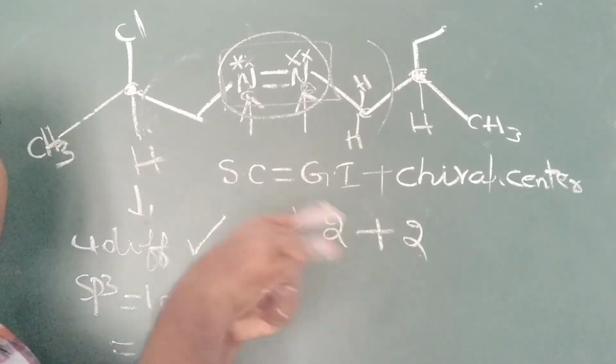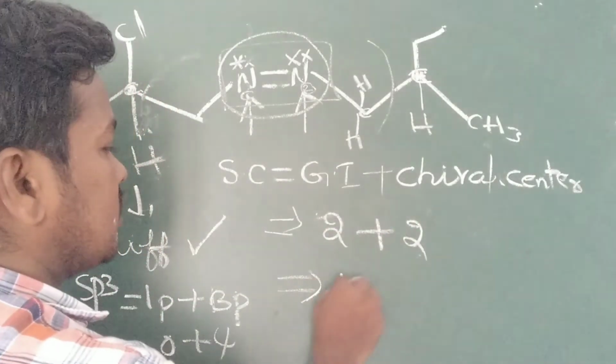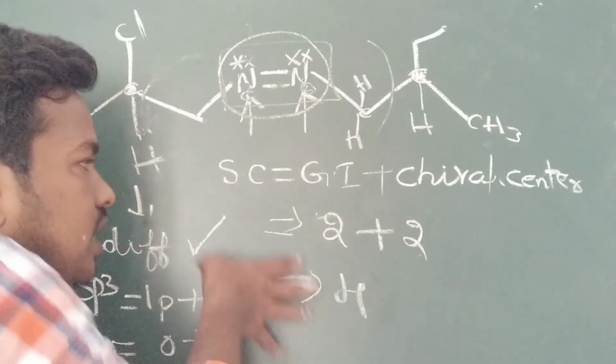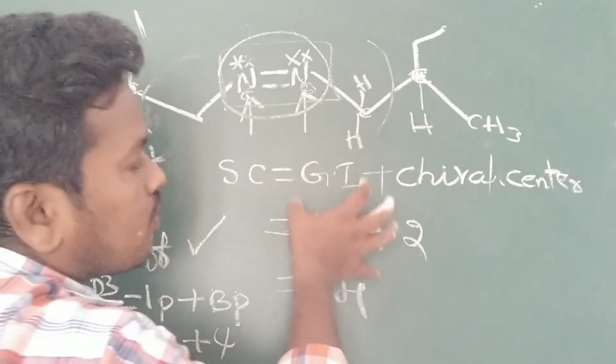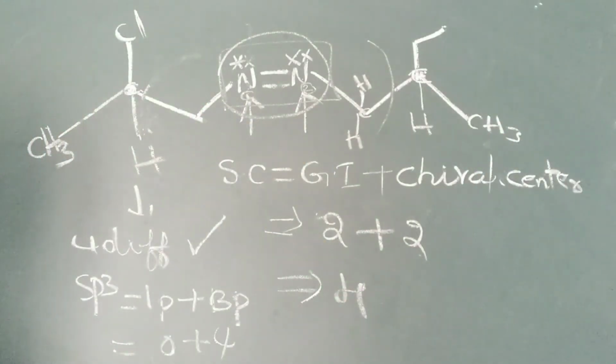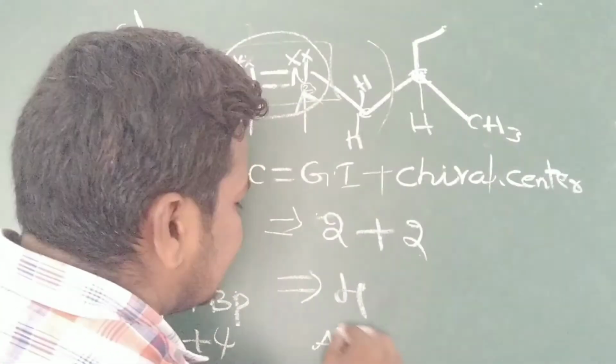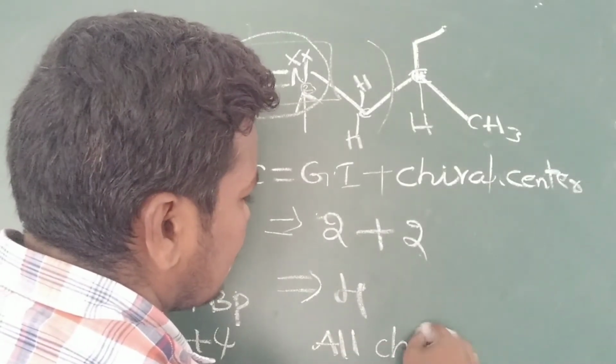How many atoms are showing? Two. Chiral centers how many? Two. In total, the stereo centers are 4. Stereo center is nothing but the sum of the atoms showing geometrical isomerism and the atoms showing the chiral center. So now you can say one statement. All chiral centers are